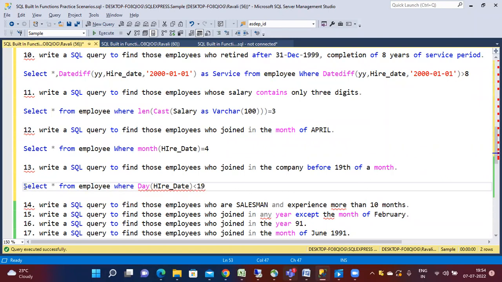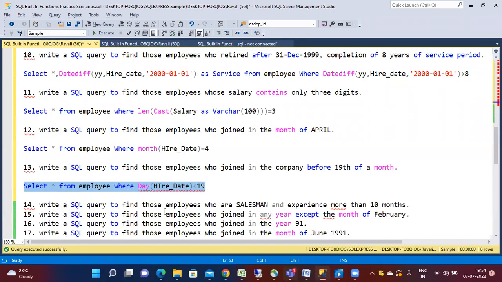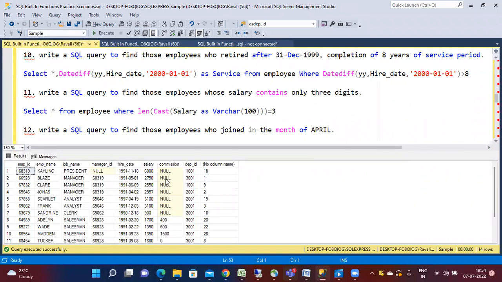Okay, day of hire date less than 19. See, they are all joined less than 19, right? If you want to check whether the output is correct or not, just keep it here and run it without the where clause. Only 8 members are coming. So here, see,